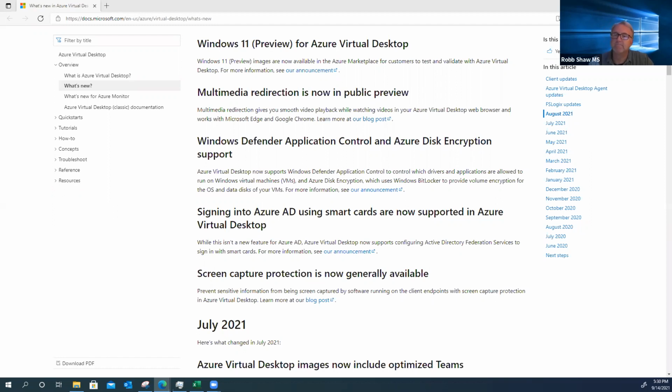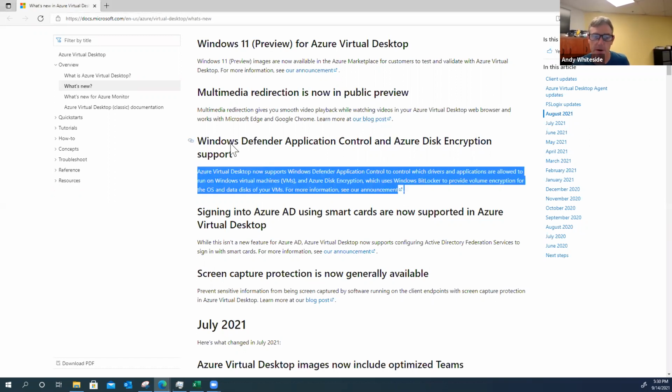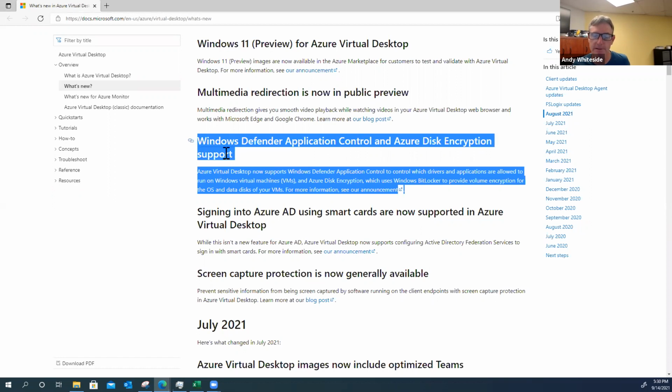Right. So the next one talks about Windows Defender Application Control and Azure Disk Encryption. As you guys pointed out early on in this podcast, with Windows 11, some element of that is to show that things are changing and the name's different. And part of that is even a more serious take on security. Does that tie into what we're talking about here?